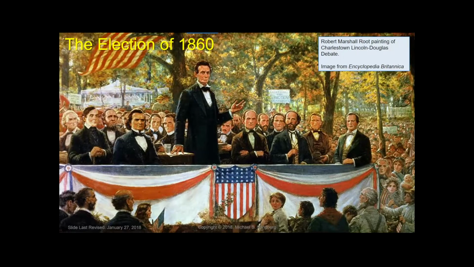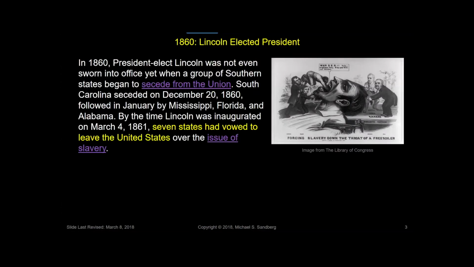There was talk that if Lincoln was elected, he would work to abolish slavery, and a lot of the southern states, which slavery helped in their economic livelihood and their way of life at that time, were concerned about this. Concerned so much that after Lincoln was elected,